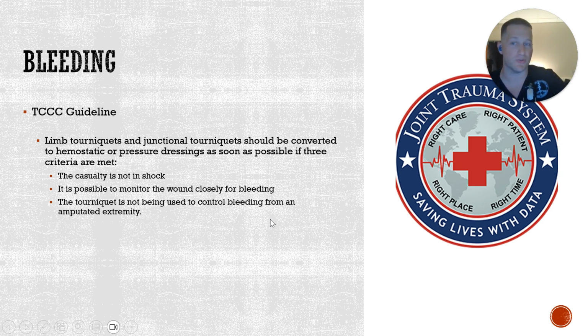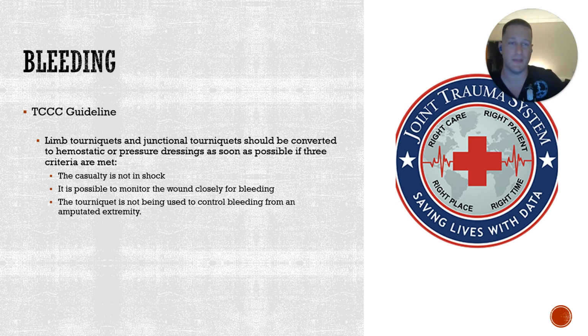The tourniquet is not being used to control bleeding from an amputated extremity. If you take a tourniquet off an amputated extremity, you're wrong. You'll always be wrong. Unfortunately, that's too bad. That extremity is always going to need to have a tourniquet on. Make it deliberate, 2 or 3 inches above the wound if you can, so they have less limb ischemia than they need, but the wound is just way too high risk to bleed. Arterial spasm can happen and prevent bleeding from an amputated extremity, but that is only going to last so long. Okay? So if those criteria are met, you can take your tourniquet down